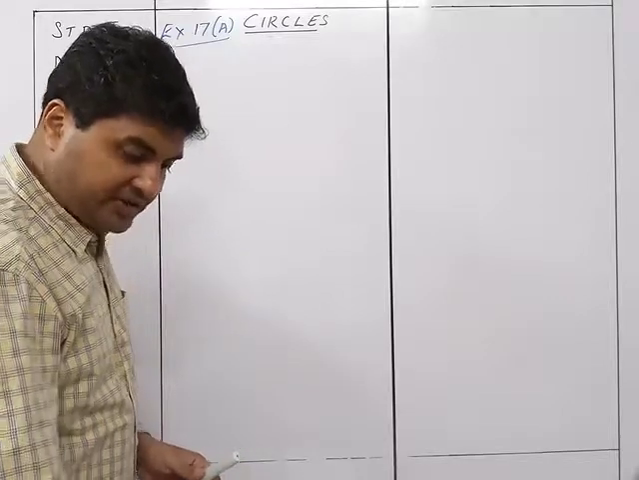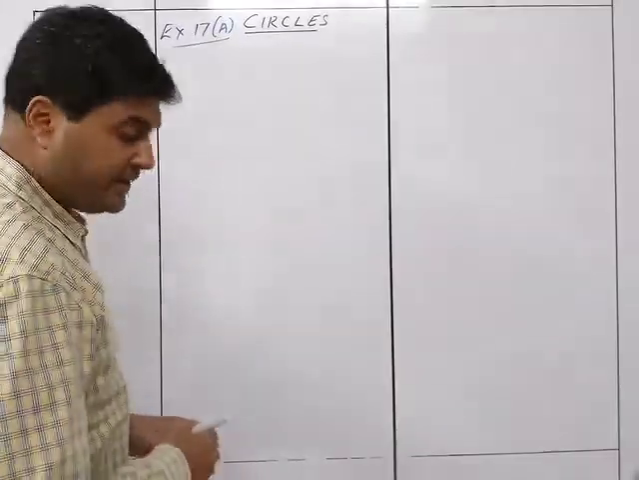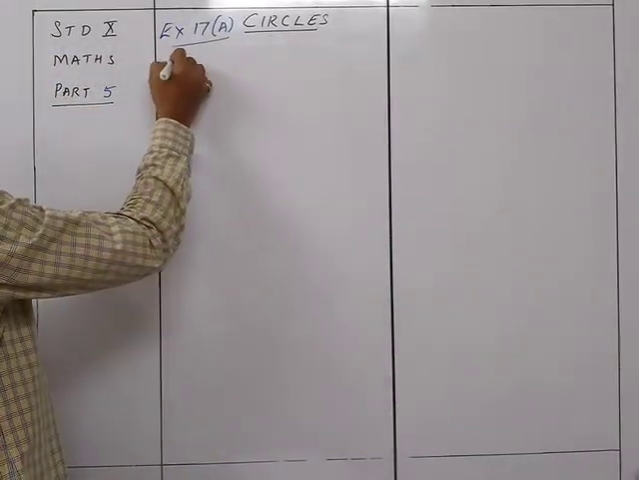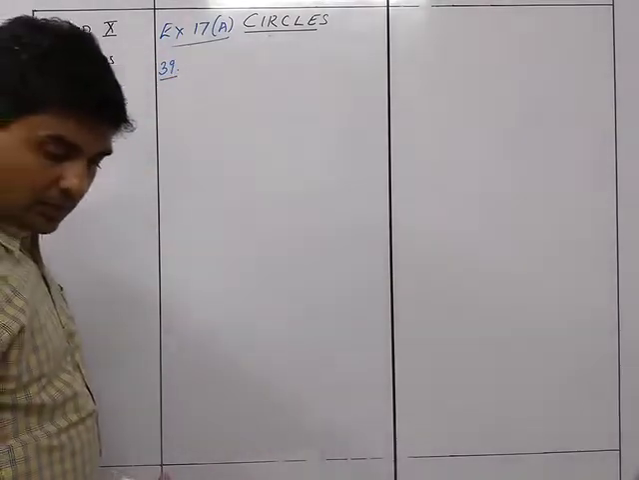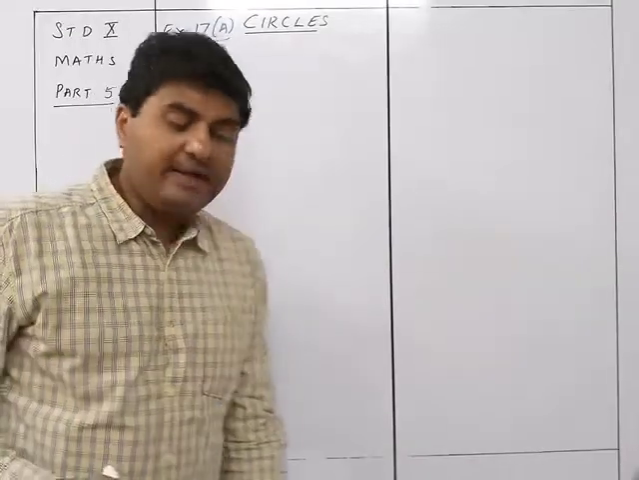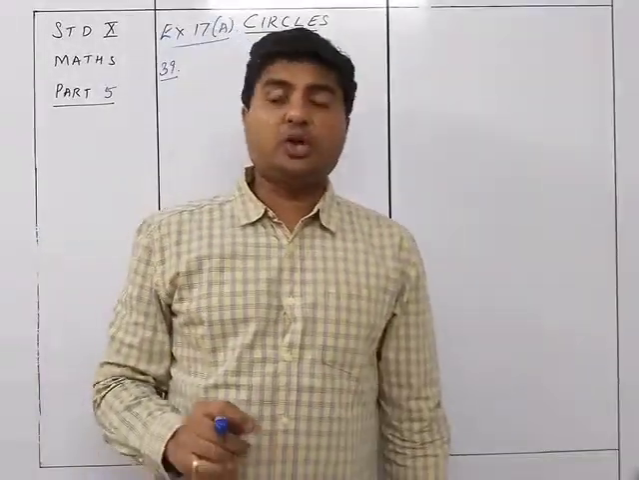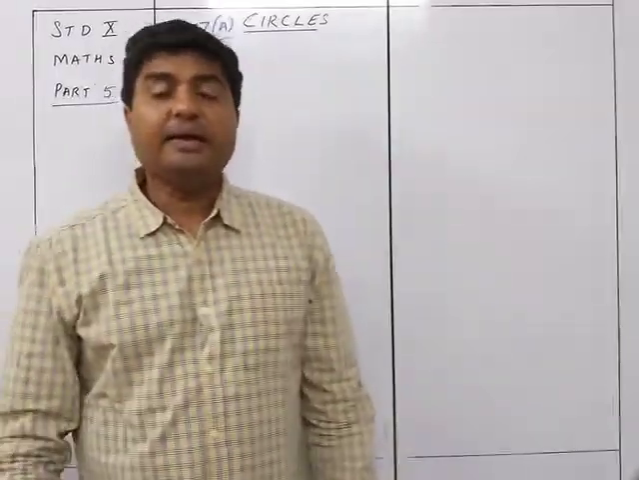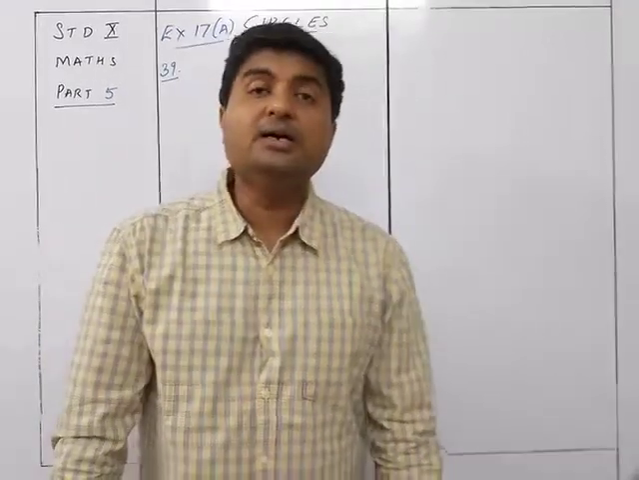This is a slightly different sum, so pay attention. This is slightly different. So it's 39. In the given figure, I is the in center. Now what is the in center? In center means not the center of the circle, but the in center is the